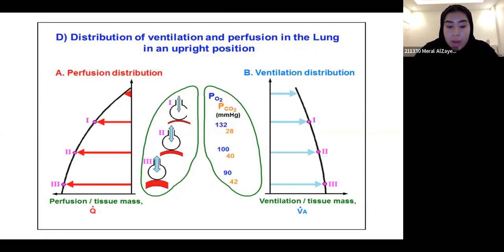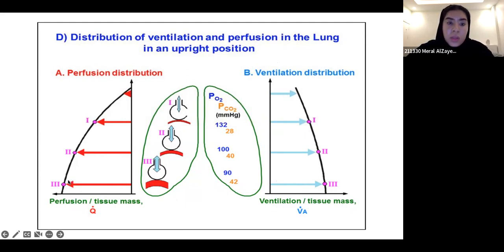Okay, so as a recap, what do we learn from this slide? That ventilation and perfusion increase as we go from the apex to the base. Okay, so both ventilation and perfusion increase as we go from the apex to the base. However, perfusion increases a lot more than ventilation does. Do you see how here the line is way longer than here? Okay, like they both increase. Like let's say this blue arrow compared to this blue arrow, obviously this one is greater than this one,